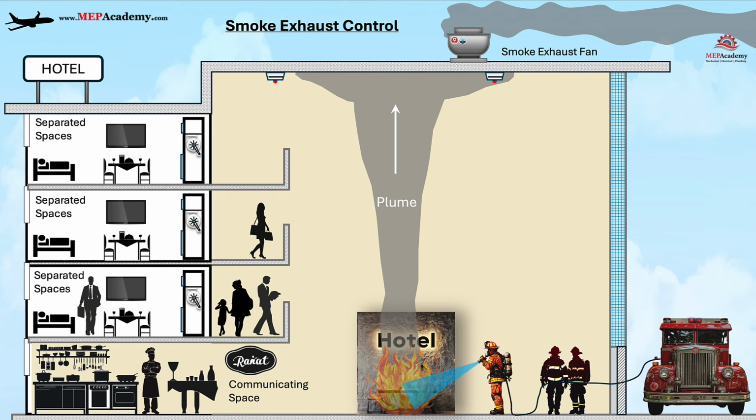However, their large volume and vertical open design present unique challenges for smoke control, as smoke can accumulate and spread quickly throughout multiple levels. A well-designed atrium smoke control system prevents smoke buildup, enhances visibility for evacuation, and keeps pathways